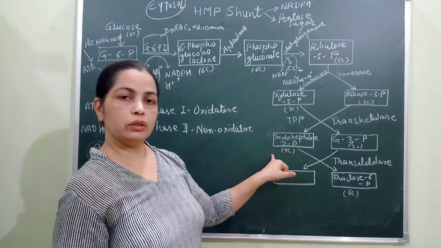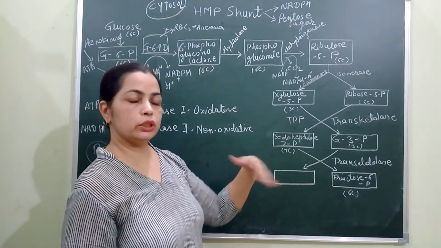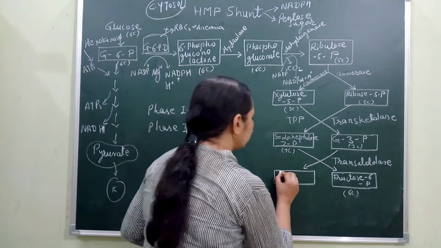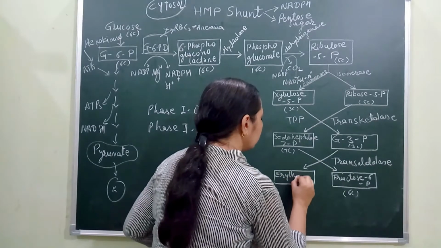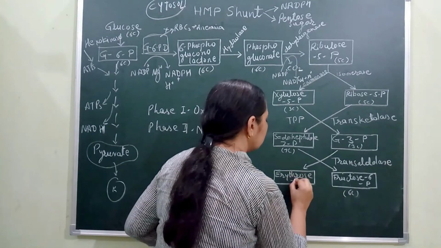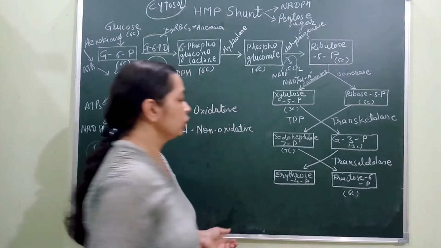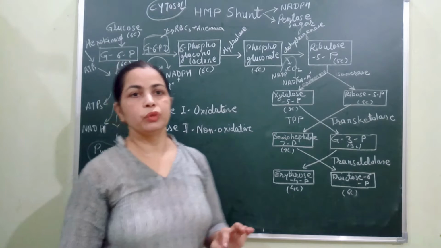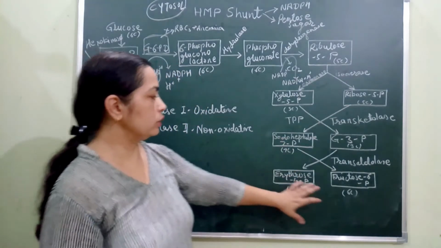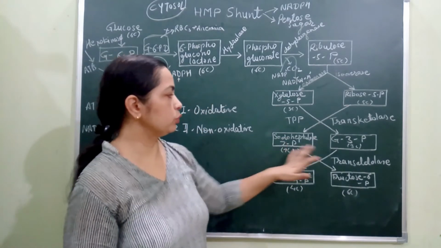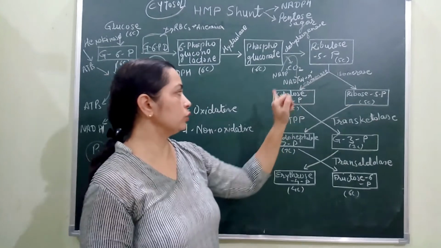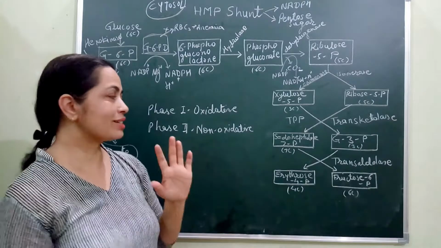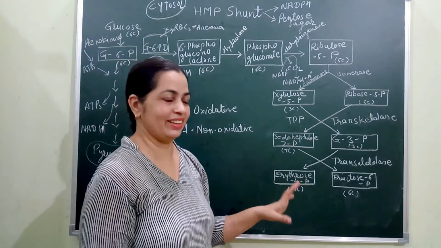While the remaining moiety of sedoheptulose has the remaining 4 carbon, that will lead to formation of erythrose 4-phosphate. So that is the 4-carbon sugar. So in this way we are going to get fructose, erythrose, sedoheptulose, glyceraldehyde 3-phosphate, ribose 5-phosphate and xylulose 5-phosphate. And one more step is still remaining here. It has not ended yet.